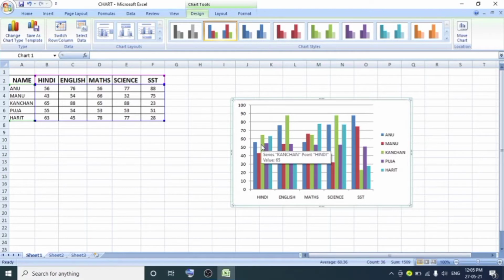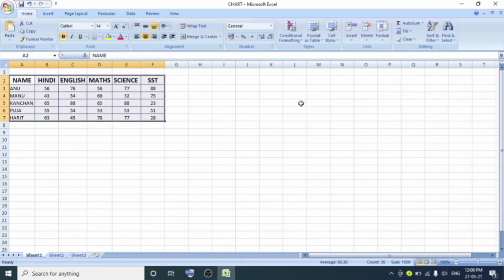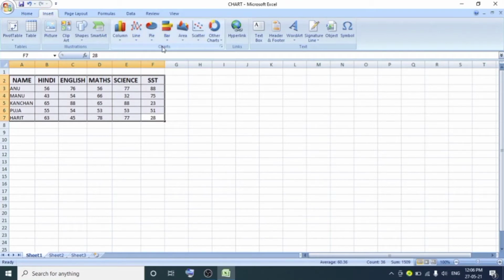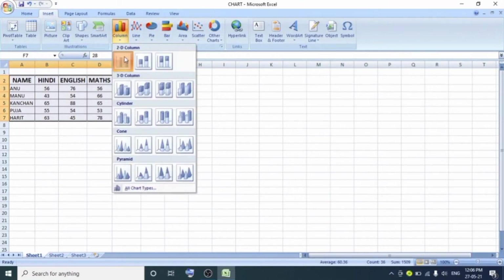So notice that 3 chart tool tabs are already enabled when we create this chart. Have you noticed that thing? So when we have clicked this, then the Design, Layout and Format tabs automatically appear when the chart type is selected. I'll show you that again. Suppose here you have seen we have only 1, 2, 3, 4, 5, 6, 7 menus. Once we select the data series in the chart and click on the Insert tab under the Chart group, I have selected the column type.